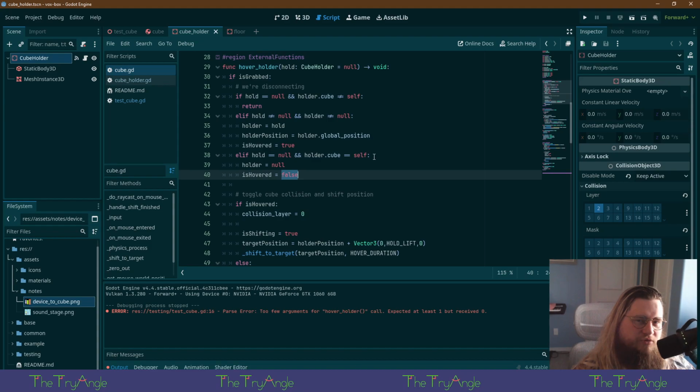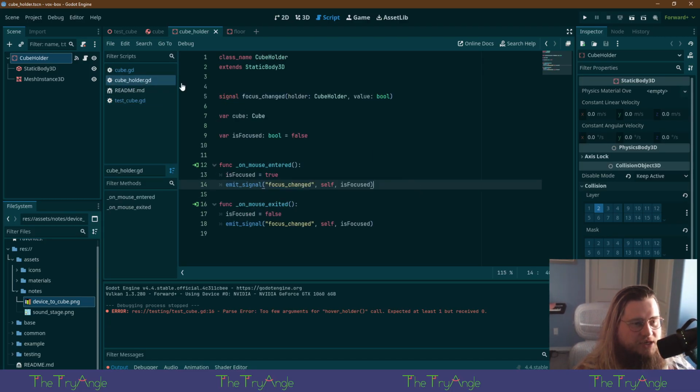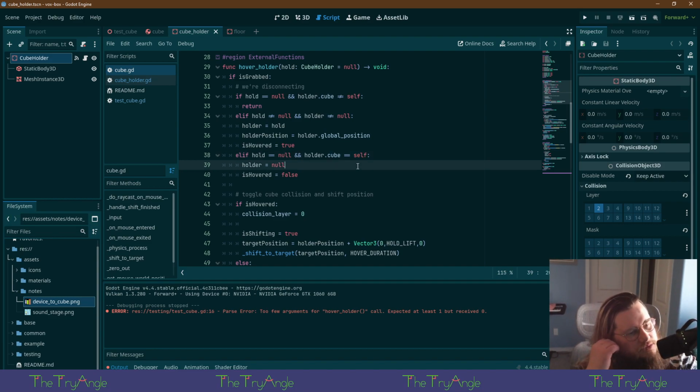It was checking position before, but it was really just doing a sort of zero check of like, hey, if this is empty, if it's not equal to 0, we're hovering. So if we have a global position, we should be hovering. We can only have a global position if we have a holder. If we have a holder, if we don't have one, and our cube is connected with this holder, then